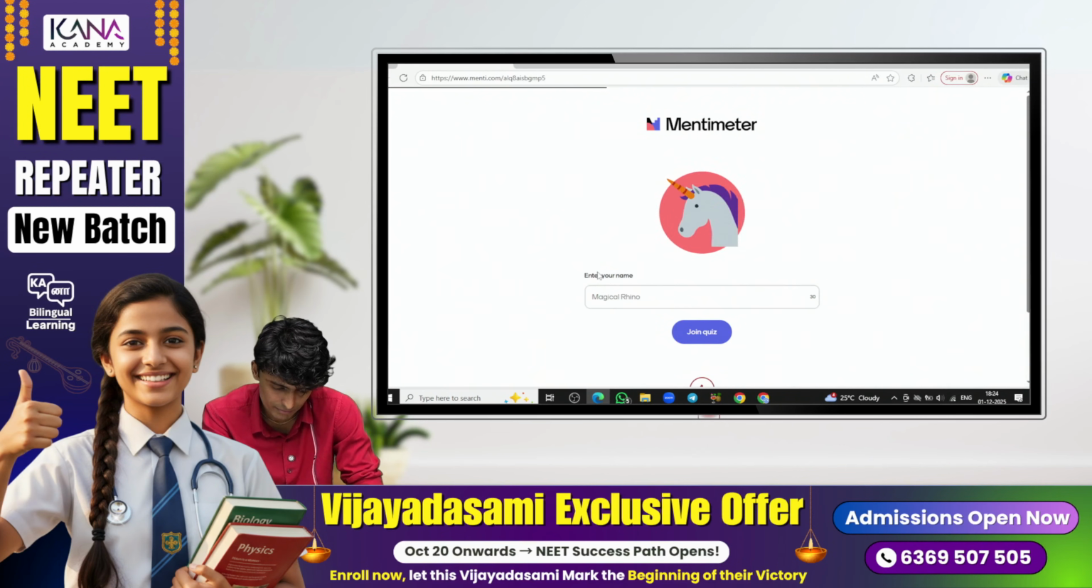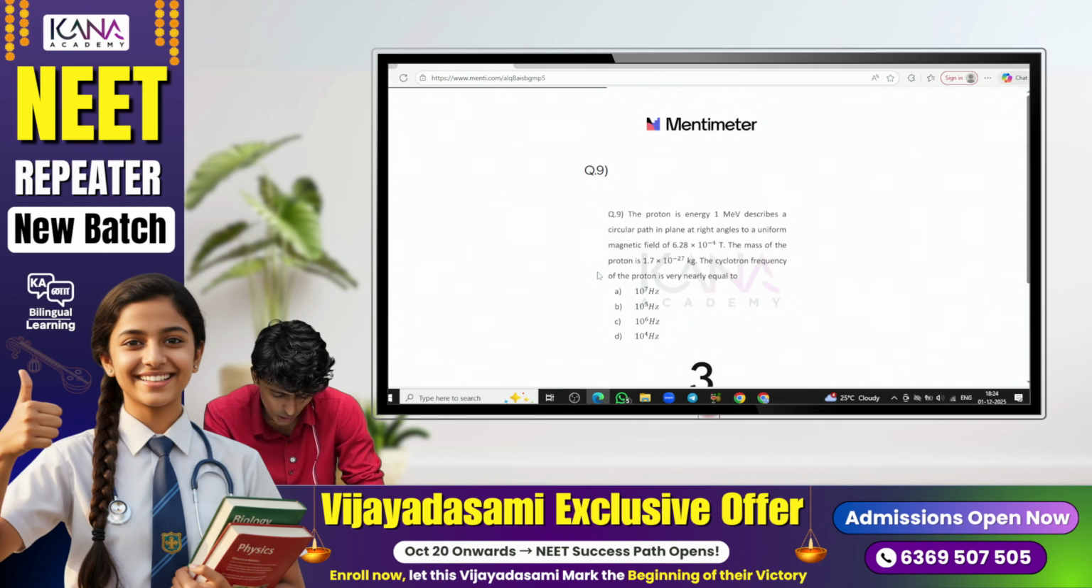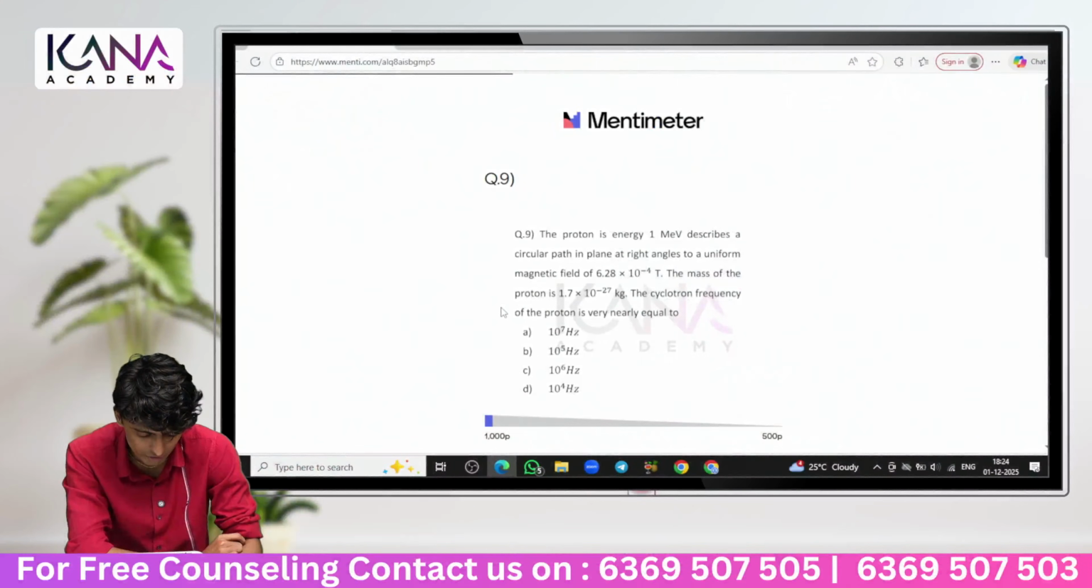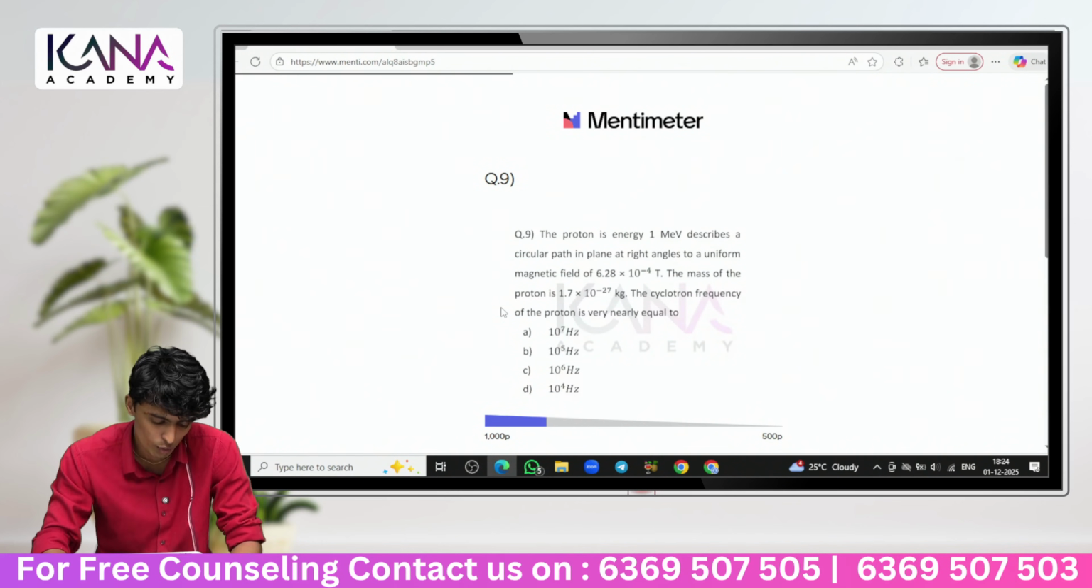Question number 9. A proton of energy 1 MeV describes a circular path in a right angle uniform magnetic field of 6.28 into 10 power minus 4 T. Mass of proton is 1.7 into 10 power minus 27 kg. The cyclotron frequency of the proton is very nearly equal to